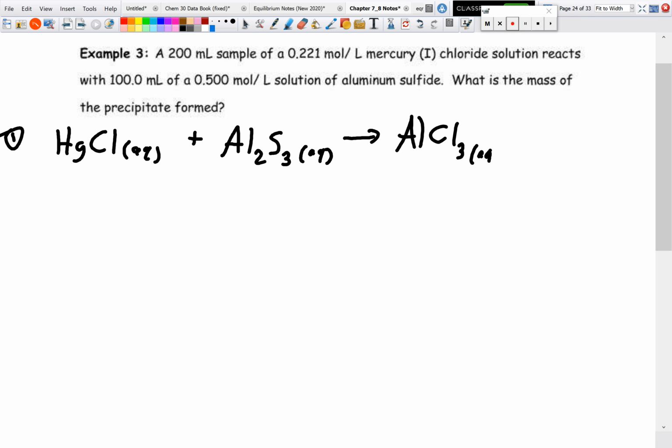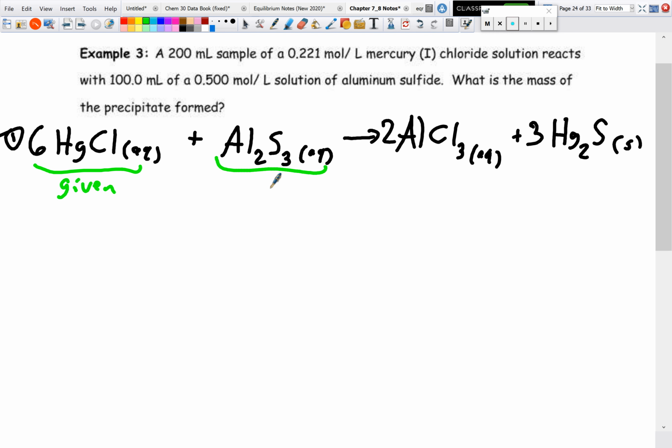This is going to be aqueous. And finally, our mercury 1 sulfide is going to be Hg2S. When you check your solubility charts, this should be solid. Now, of course, balancing this one right here, you need to have a 6 in front of mercury 1 chloride, a 1 in front of here, 2, and a 3 to get them all balanced. And then, of course, this is given, this is given, what mass of the precipitate,